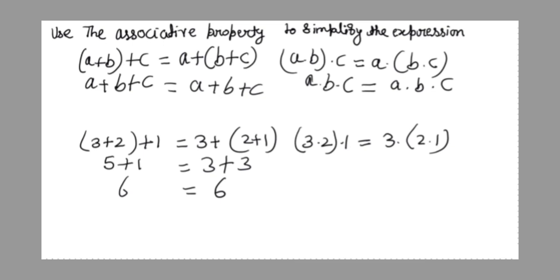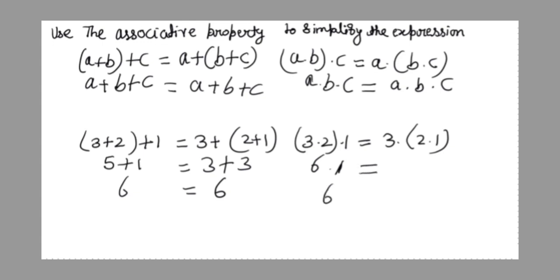Let's clear up this associative property in multiplication by using an example. Here we again have three real numbers, 3, 2 and 1. This time we group together 3 and 2, and then the result of the multiplication is multiplied by the 1. And if we multiply 2 and 1 first and then multiply the result by 3, we will get the same result. So let's do that. Here we group together 3 times 2, that is 6, times 1, and 6 times 1 is 6.